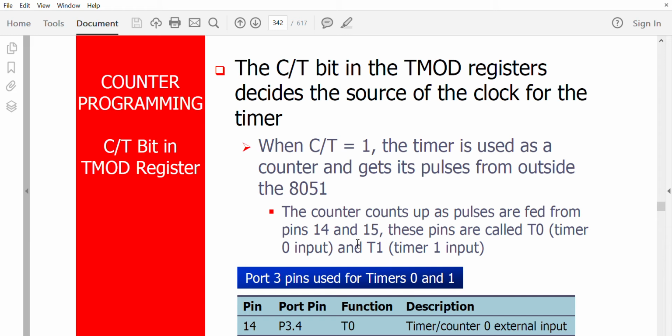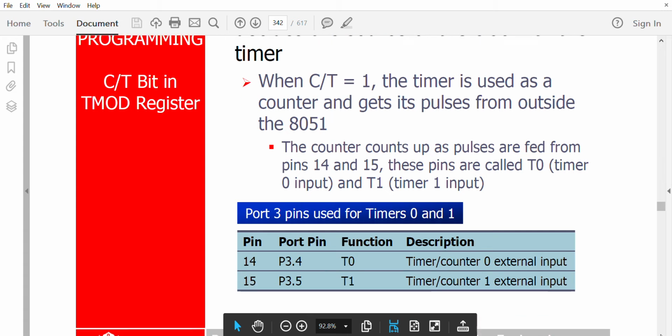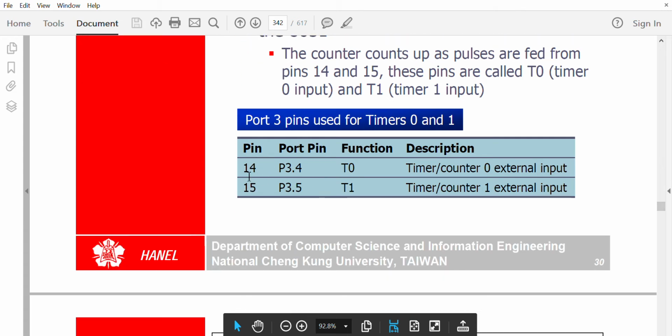If you are using timer 0, the external pulse should be given to pin 14, and if you are using timer 1, the external pulse should be given to pin 15. So 14 is for T0 and 15 is for T1.